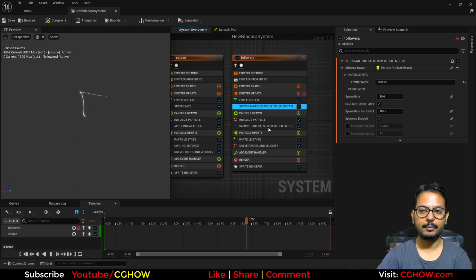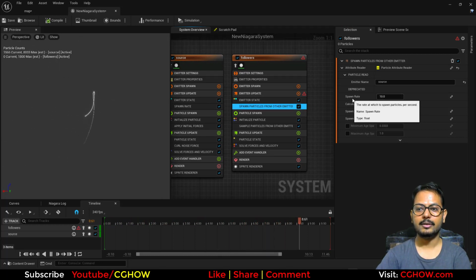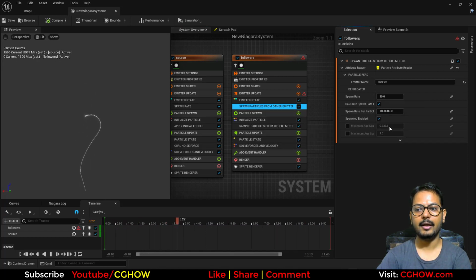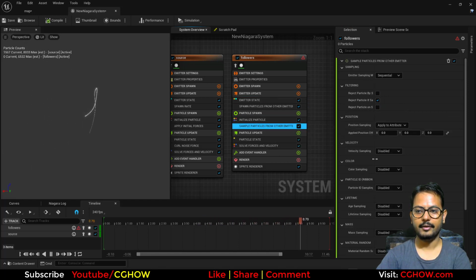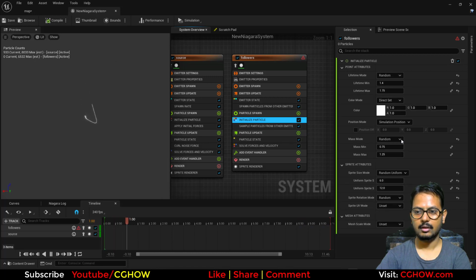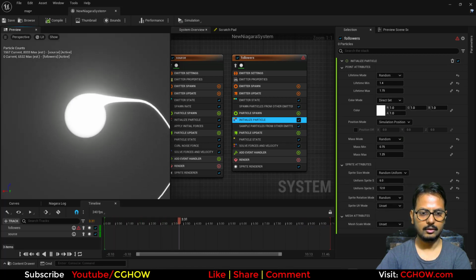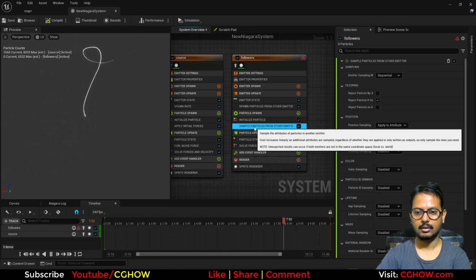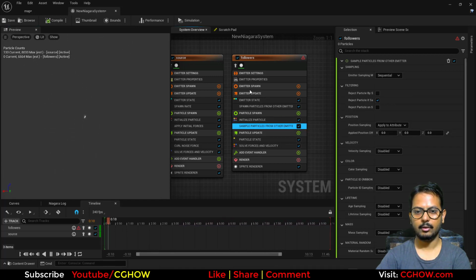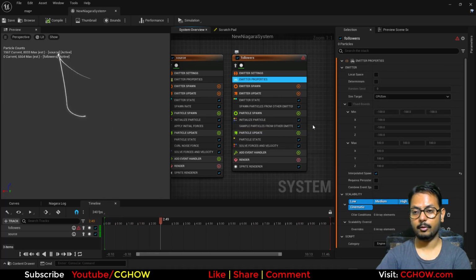Then nothing is showing because the particle rate is very low. So this is spawn rate and this is total particles. Let me increase this to very high, and then I will increase to like 100. It's still not visible, it has some error. It should work, okay. I forgot to make it